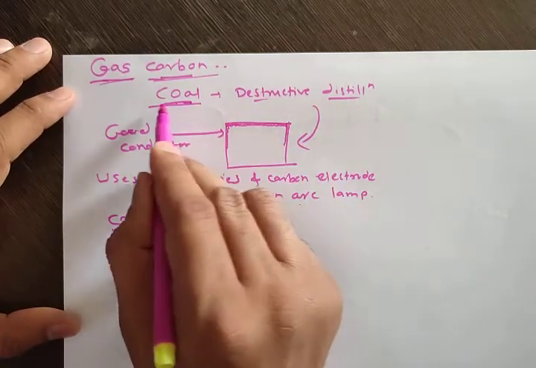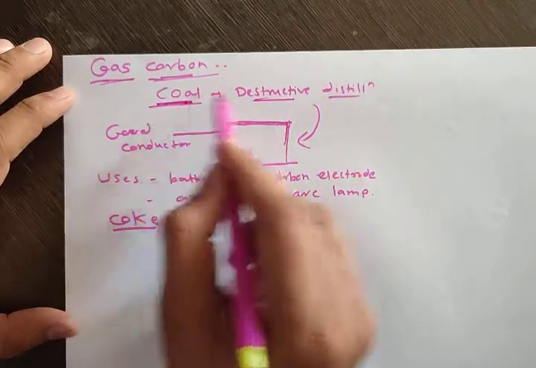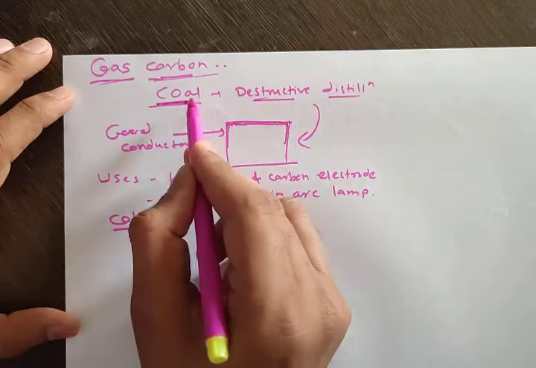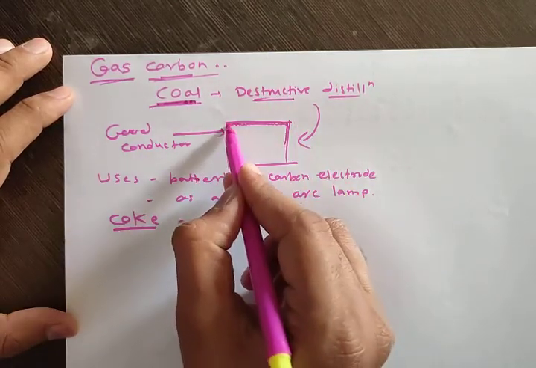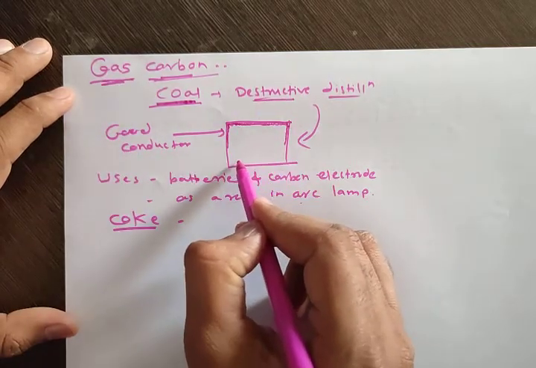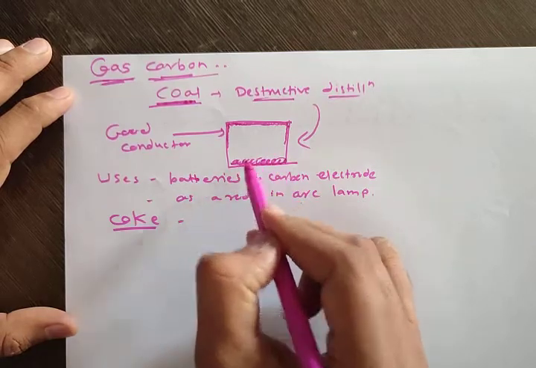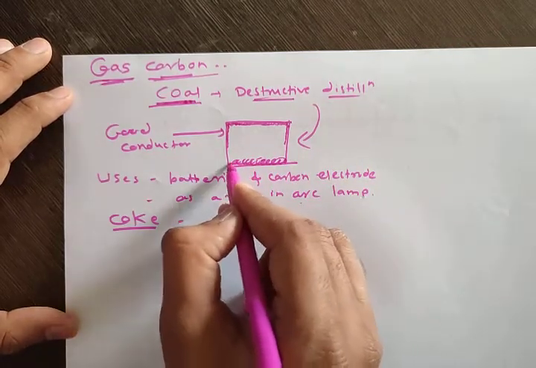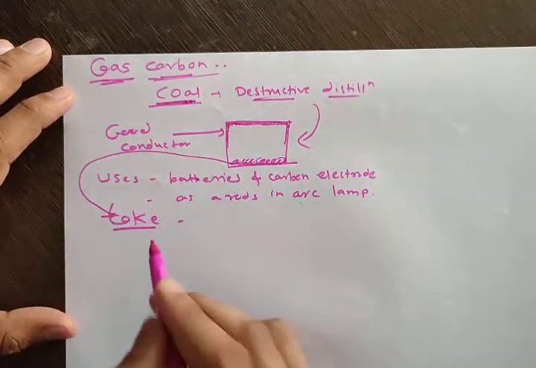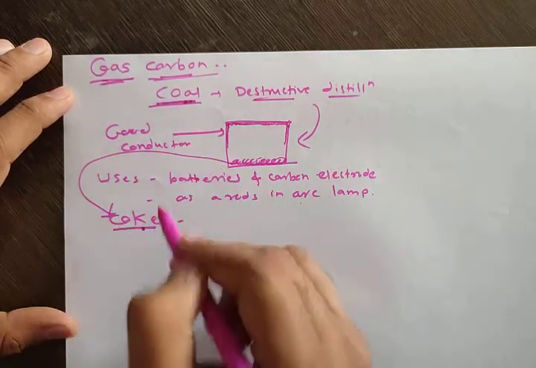So as I told, when we do the destructive distillation of this coal, whatever black soot we obtain is known as gas carbon. And after this destructive distillation, whatever substance remains, okay, that remaining substance is nothing but coke. So coke is obtained from the coal. Okay,